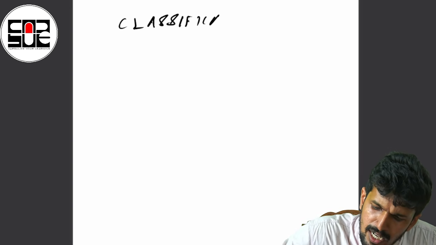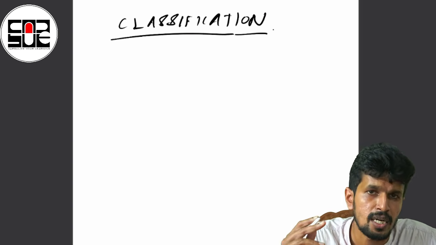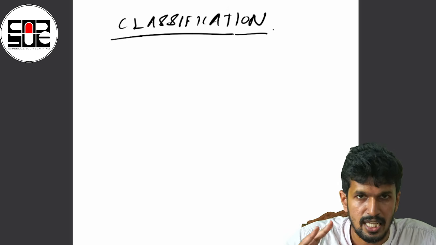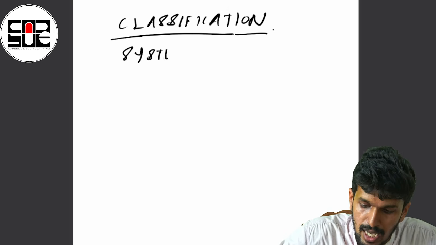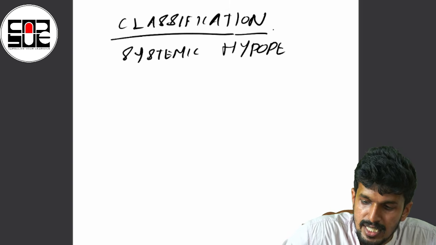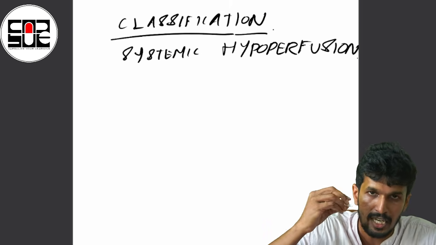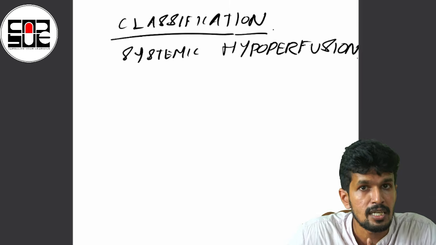Most of you might be aware about the basic classification. The thing which we need to understand is that however we classify shock, every type of shock is a state of systemic hypoperfusion. So, the basic understanding when it comes to clinical practice is that a patient presenting with shock can have coexisting multiple types of shock.